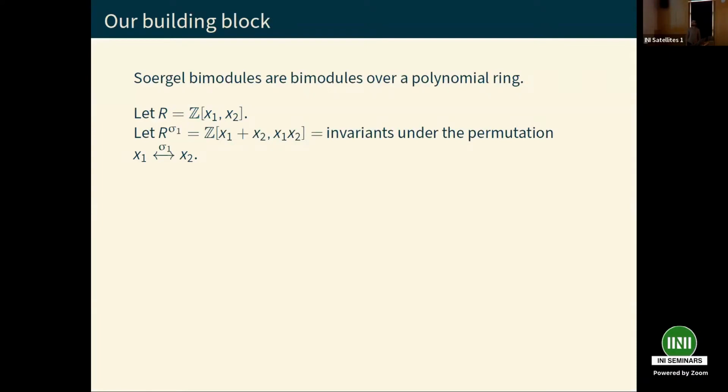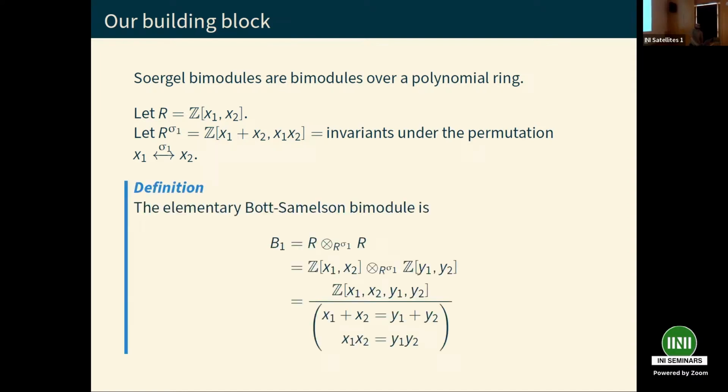So the algebra today is going to be that of certain bimodules over a polynomial ring. These are very classical objects in representation theory. Let me start by defining the most basic building block. We have a polynomial ring in two variables, x1, x2. I'm also going to look at the subring of polynomials which are invariant under permutation of the variables. It's defined by the two elementary symmetric polynomials. It's generated by those. And then the elementary Bott-Samuelson bimodule is what I get by tensoring R with itself over